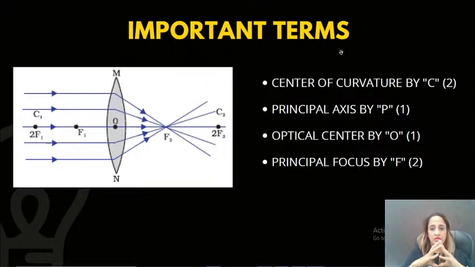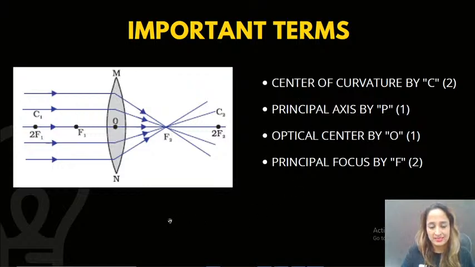Now we know what biconvex lens and biconcave lens are, but our next topic is what are the important terms that we use when we have these convex or concave lens. All right, so look at this diagram. Forget about all these rays. We have already discussed those. So if we have this biconvex lens, okay, so you see, if you try to see, it is kind of, let's say there were, let's assume there were two circles,